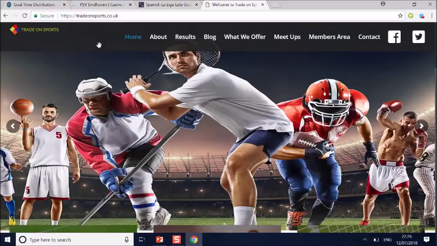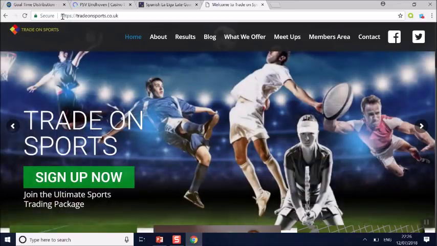Now, there are always going to be exceptions, especially if you've got a strong favourite at home playing against a real underdog. But Trade on Sports did open my eyes to the fact that there do seem to be some interesting correlations